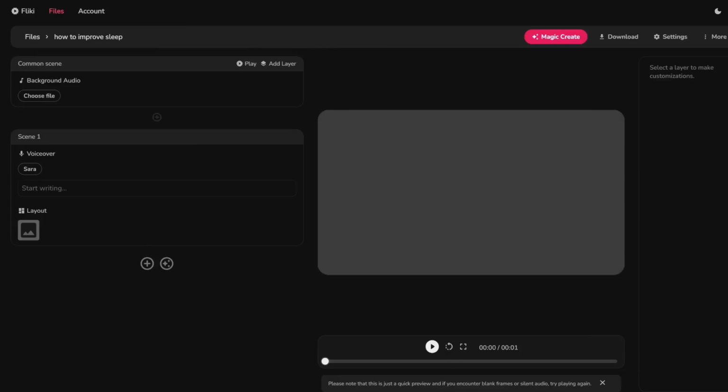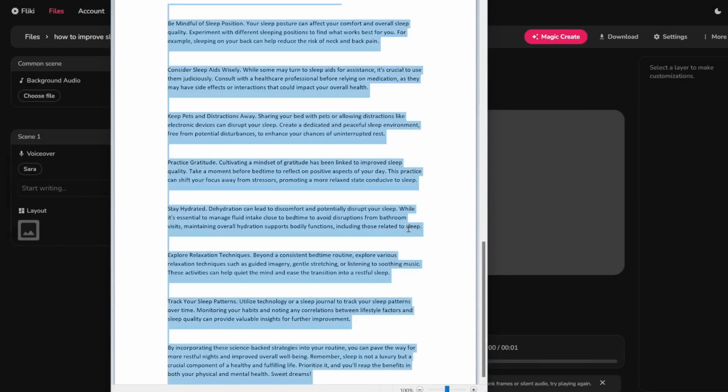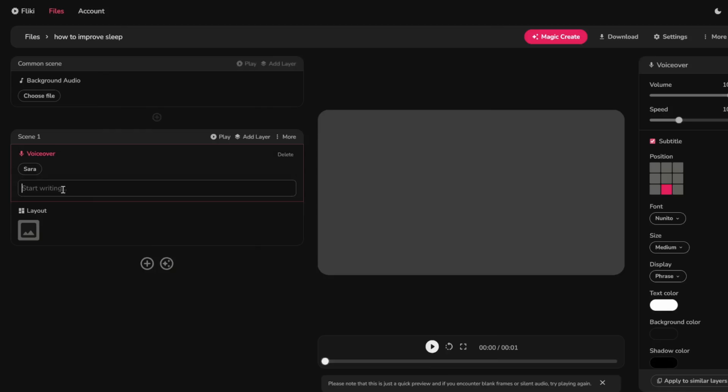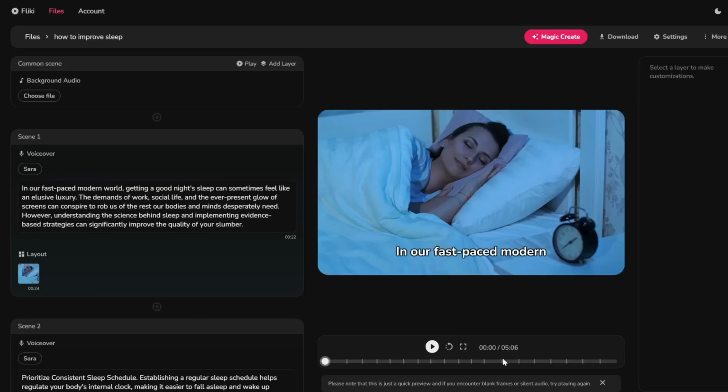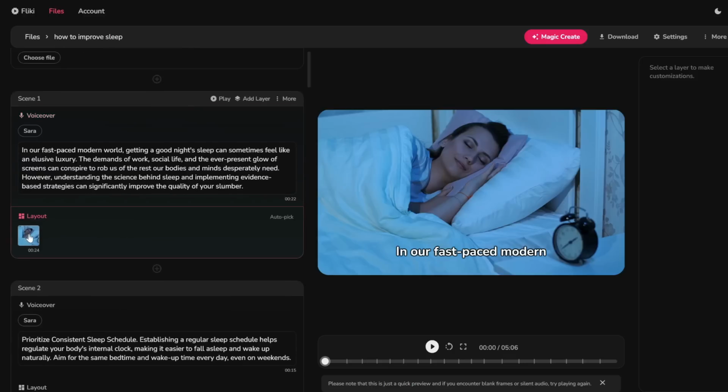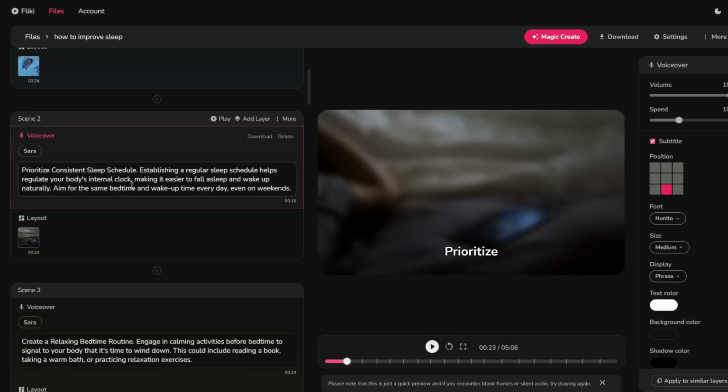The next step is super simple. All we need to do is select all of this and copy it, and then paste it in here. So I'm just pressing Ctrl V. All right, and this is what we get. You can see each paragraph is its own scene. Here's paragraph 1, and it auto-selected a video for me, plus it has a voiceover which would say these subtitles. And then we have scene 2, which is our second paragraph, and then it auto-selected another video for me.